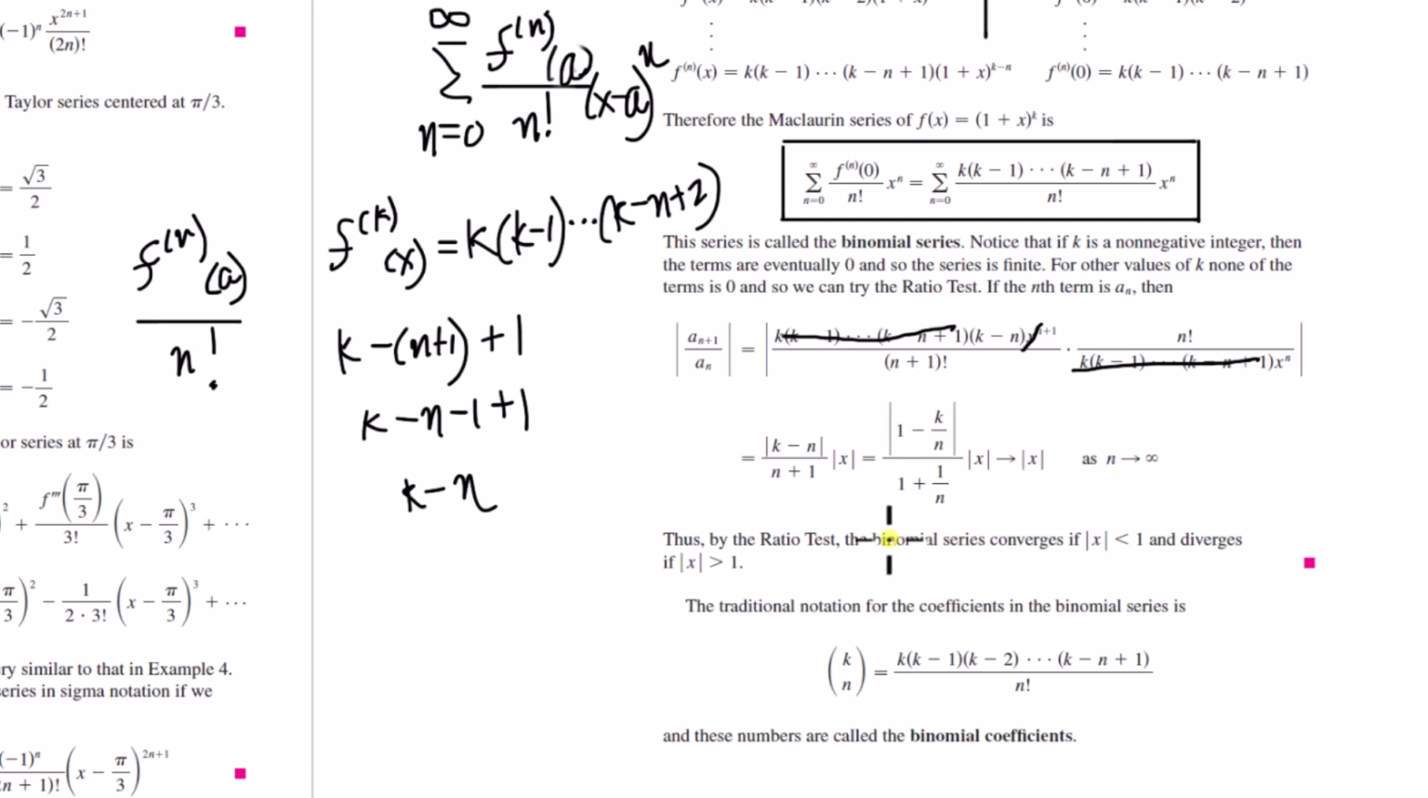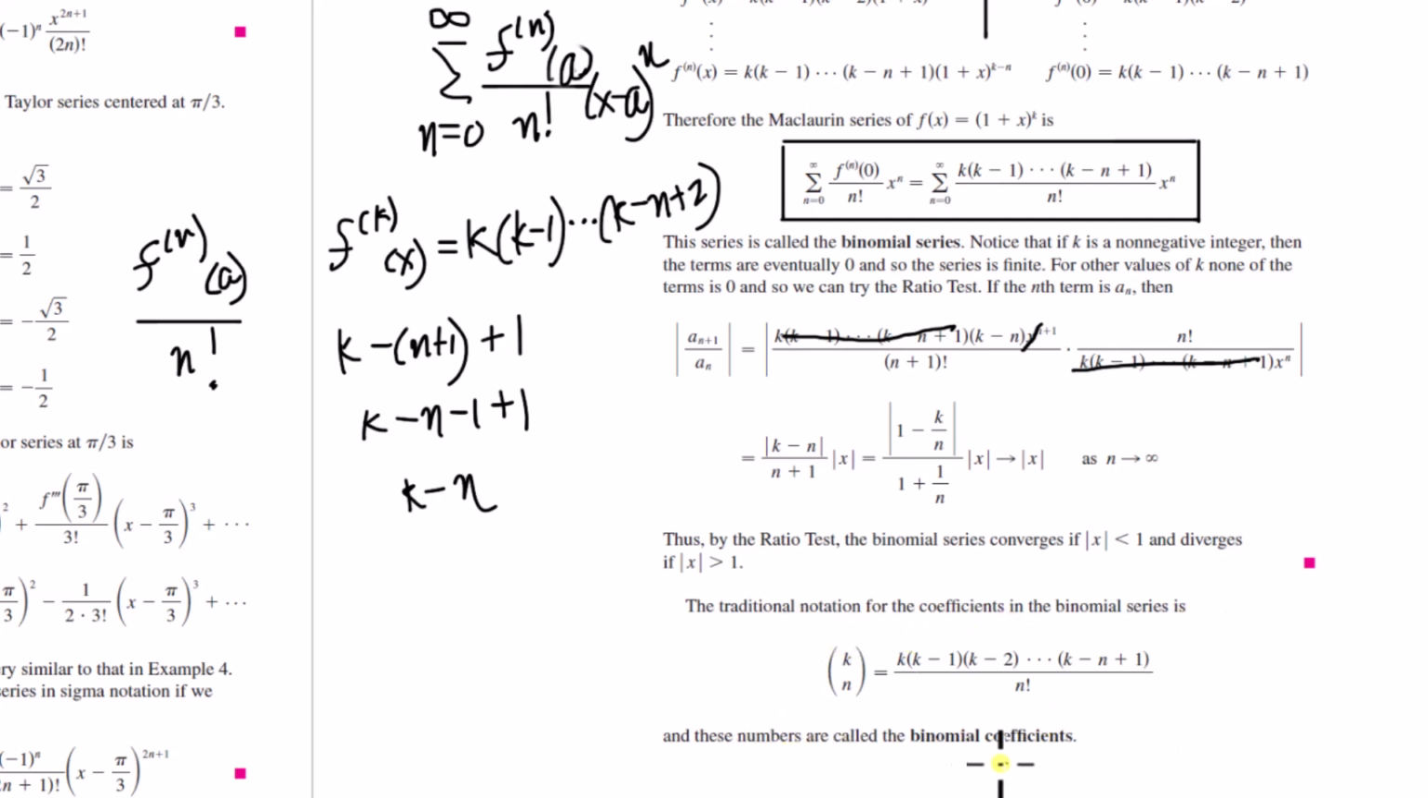So the ratio test, you pass it, and it's a convergent series when this limit is less than 1. So the radius of convergence is 1. Now, what about the interval of convergence? What about the endpoints? We'll talk about that in a second. But here's the